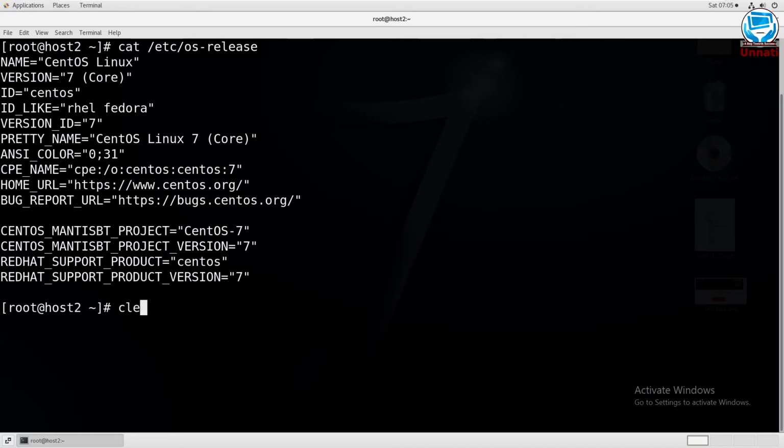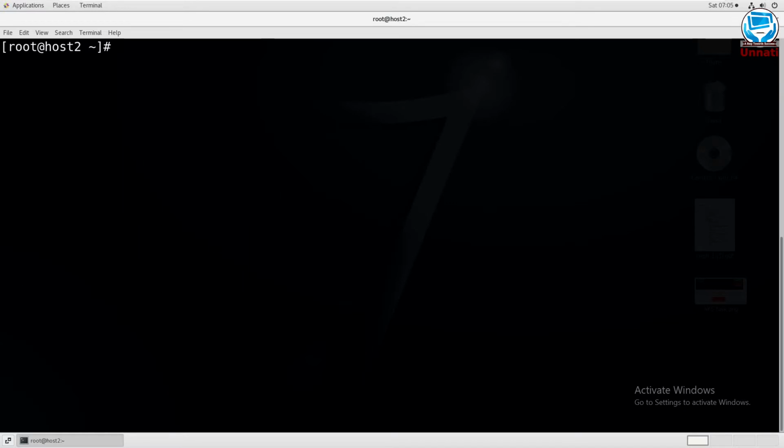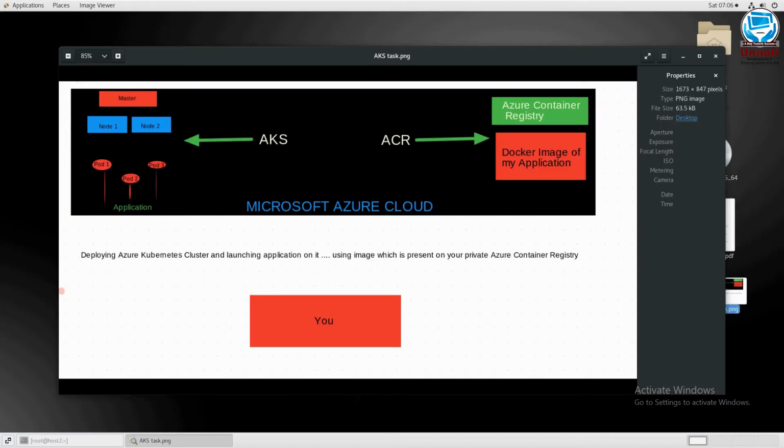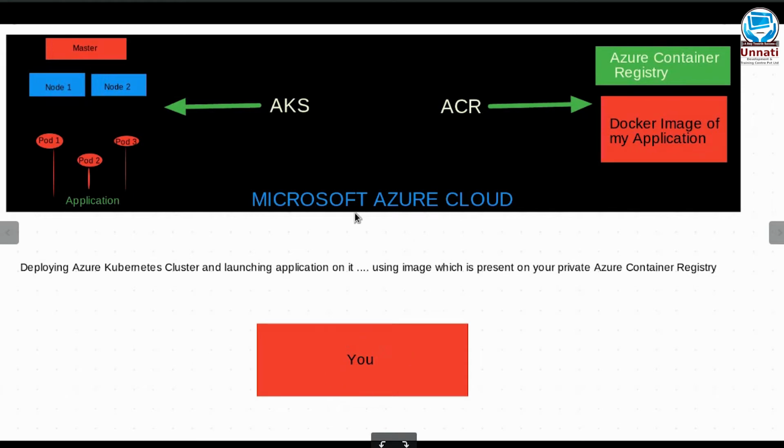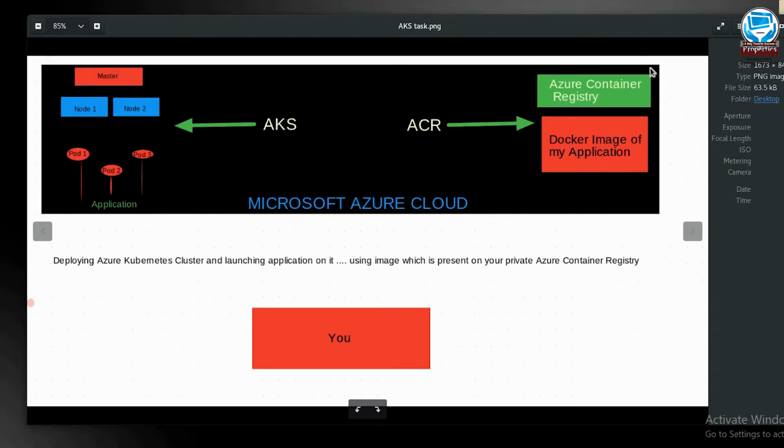I'll keep clearing the screen so that you will get a clear view of all the commands and the output. Okay, let's get into business. I'll just minimize the screen and show you a picture I've created for you to figure out what exactly we are doing here. This is you having your system and you want to containerize and deploy your application onto your network. Our motive is to create an image and push it on ACR, your container registry, and the container registry must integrate with Azure Kubernetes Service so that your cluster can pull images from ACR and build and deploy it. Let's move on to the demonstration.